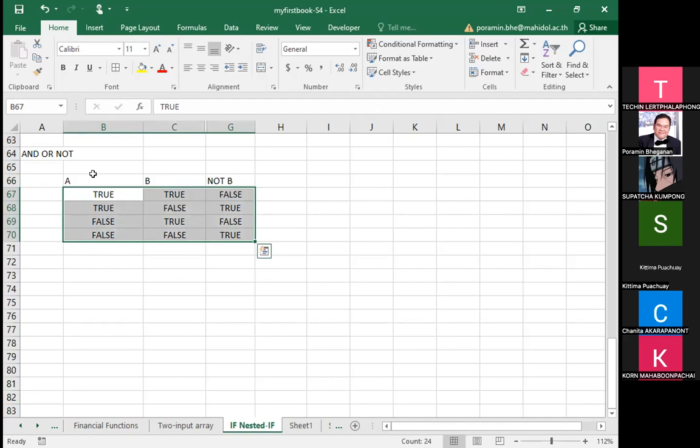When we have a logical value, the first thing that you have to know is that a logical value is not text. You don't need to put double quotes, you just type true or false straight away, without having the double quotes to surround it. Next, when we have the